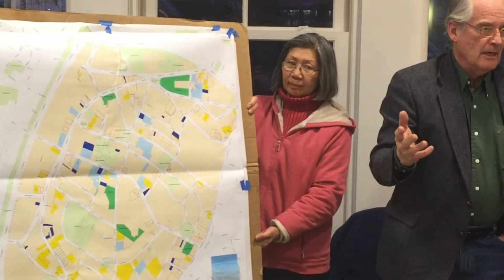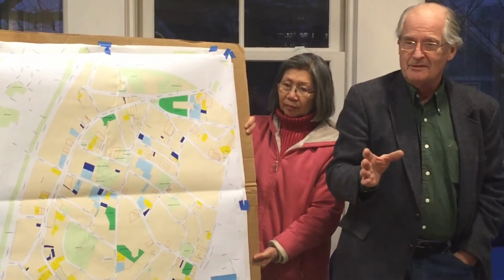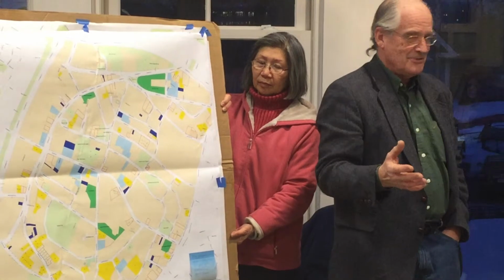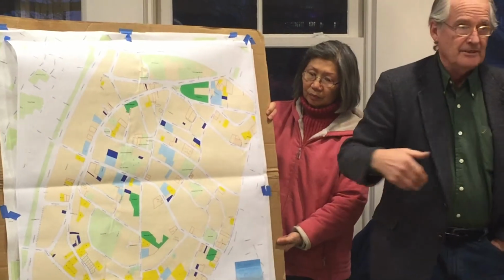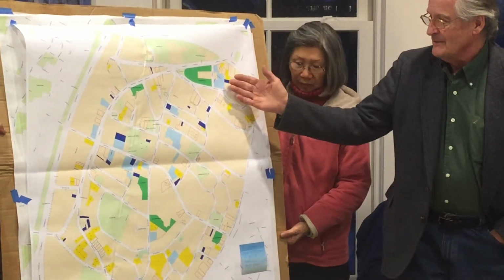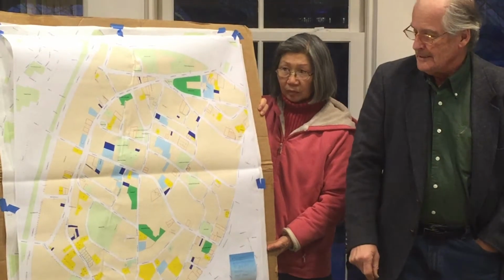Usually when you go buy a property, I tell people, if you look at the foundation, if it looks like it was a poured concrete foundation, you know it's relatively new, even though it might be an older style. If you see it's made of Roxbury pudding stone, you're going to assume it was built before 1880. But a lot of these houses are built in a style that at least tries to blend into the historic